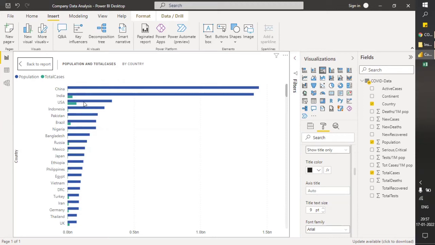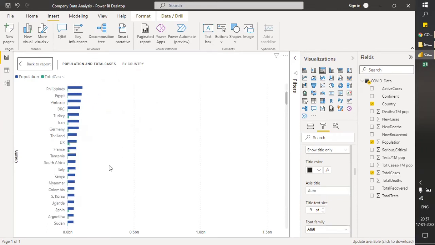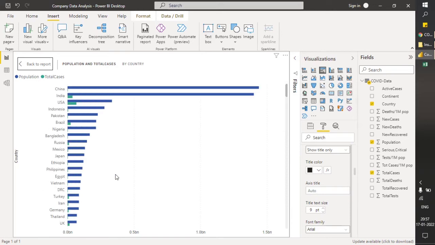So you can see US has a huge population, and look at what percentage of people got affected. So it was really bad in the US. Let's go and see Italy, which was the epicenter. You can see, yeah, this is also really very close.